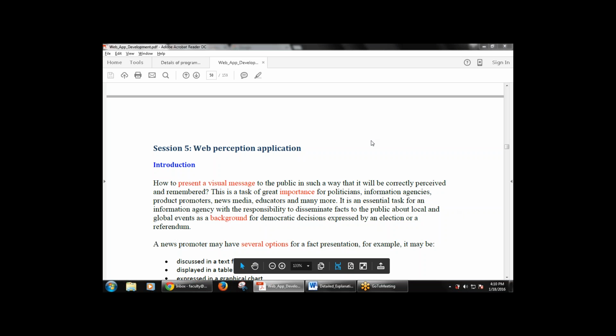In the last class we started with the introduction of this session. Information important for the politician is displayed on the web. So the web perception application is used for politicians and information agencies